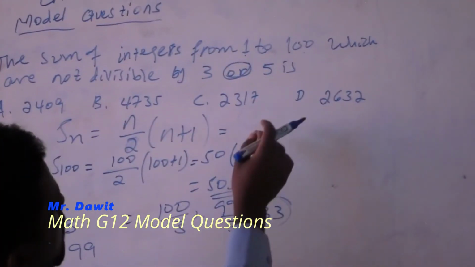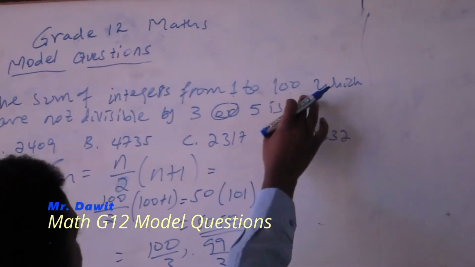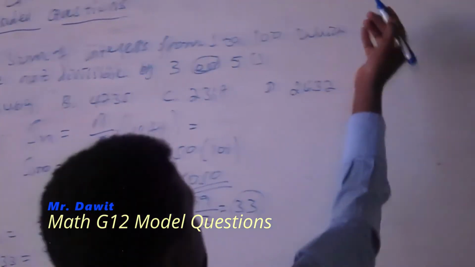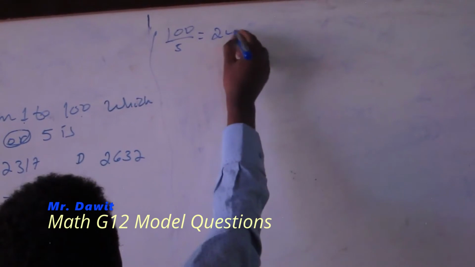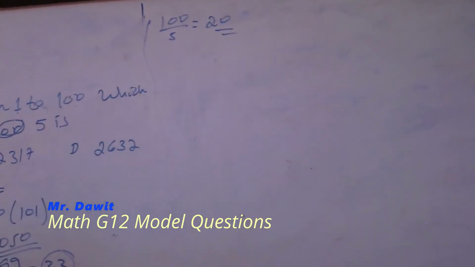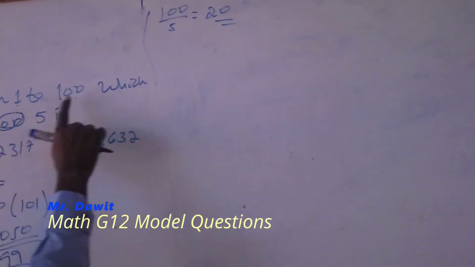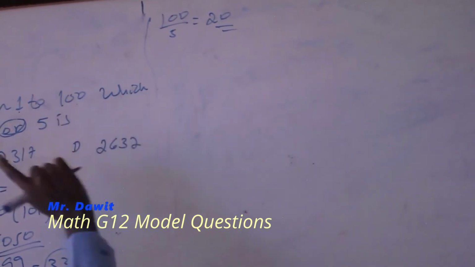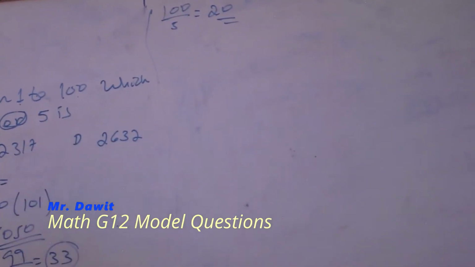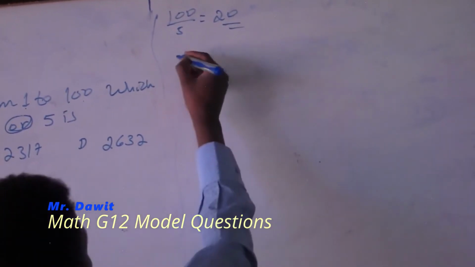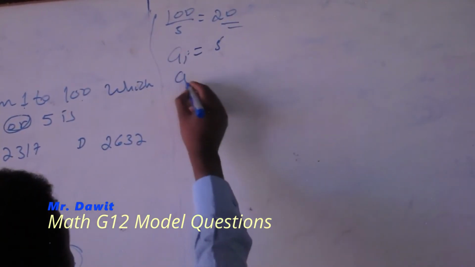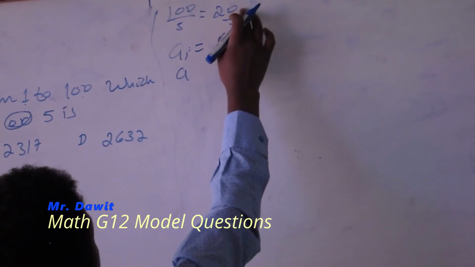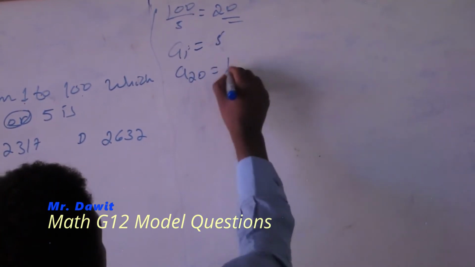Now let me find the numbers from 1 to 100 which are divisible by 5. In this case, again, we divide 100 by 5, that is 20. So we have 20 arithmetic terms between 1 and 100 which are divisible by 5. Therefore A1 is 5. It's obvious, yes? And we have 20 terms, so A20 becomes 100,